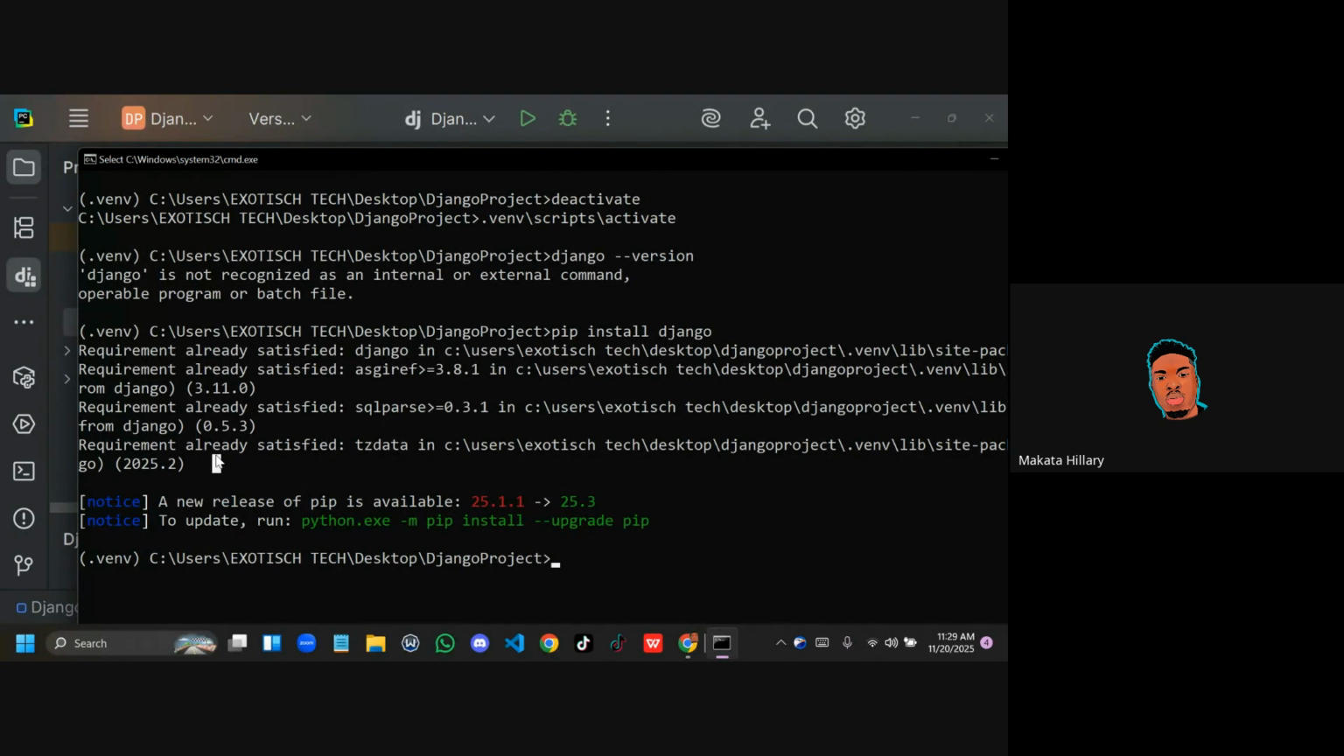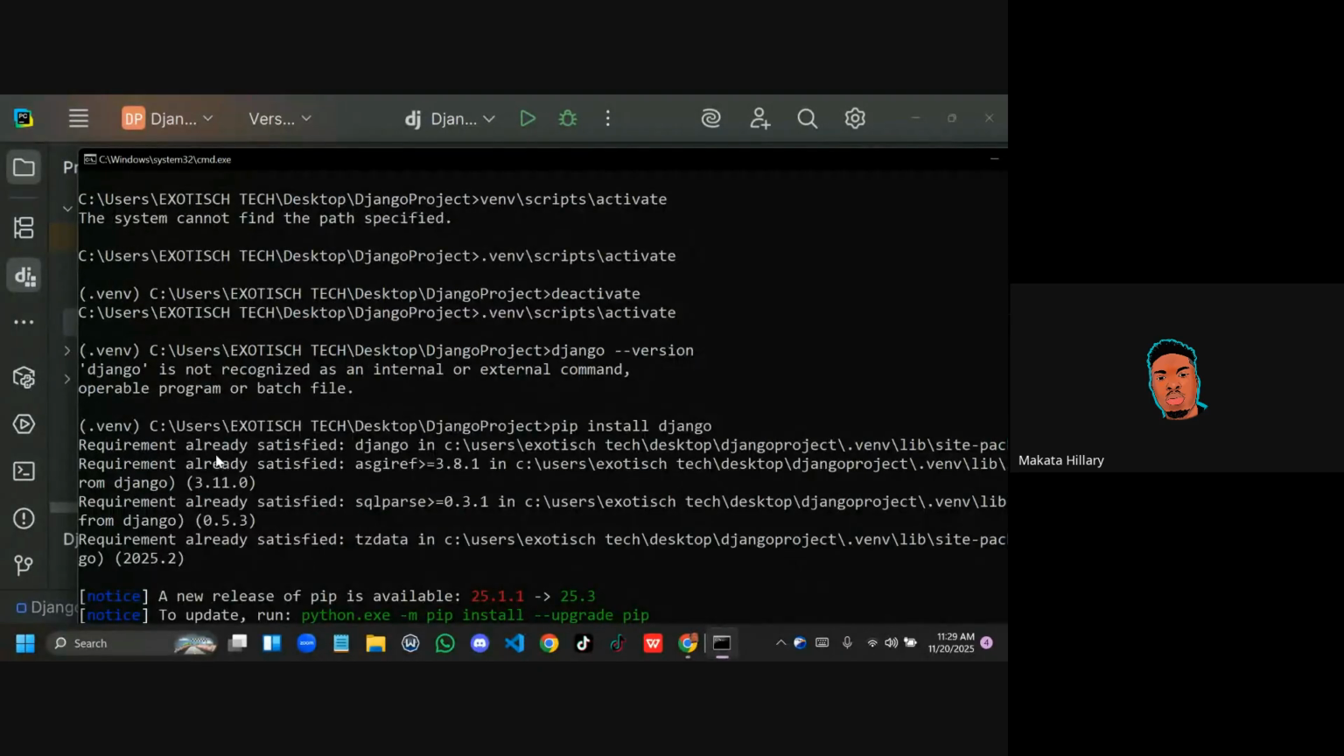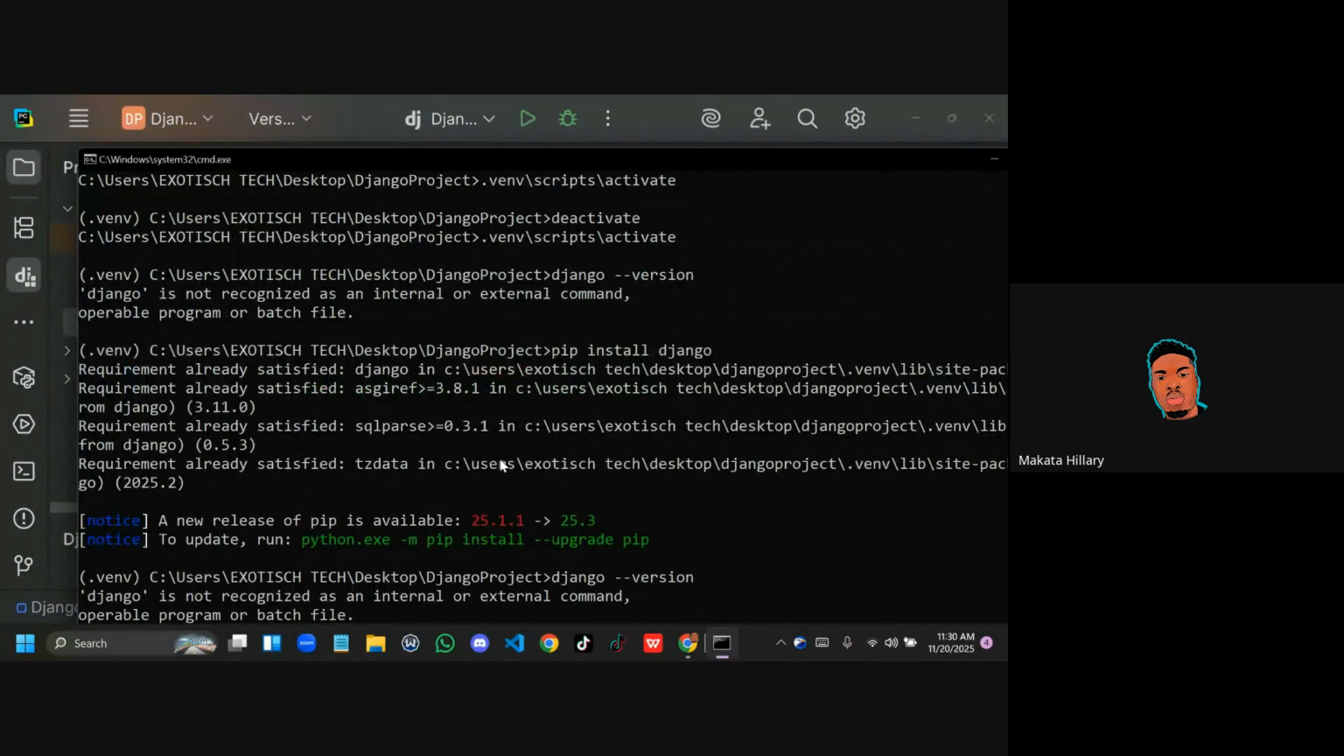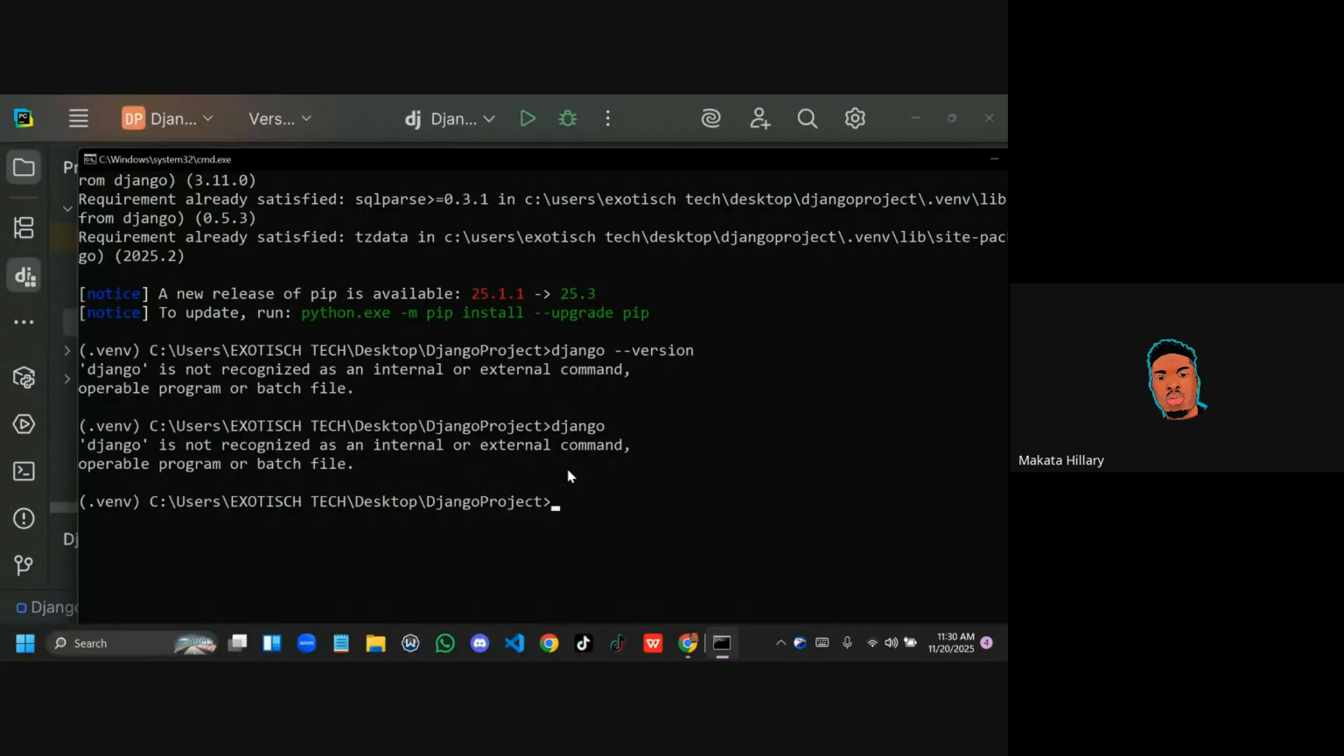So let's check our Django version again. So there are a lot of ways to check if it was installed correctly. For example, you can just type python manage.py. You guys remember the manage.py file I explained as the powerhouse of our entire project. When you type manage.py